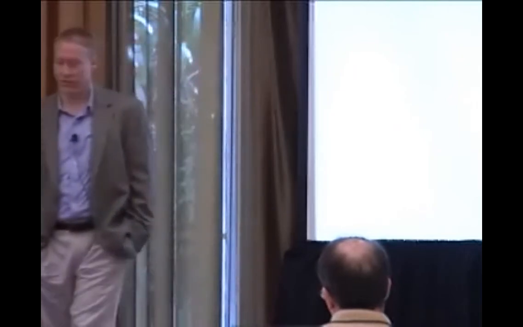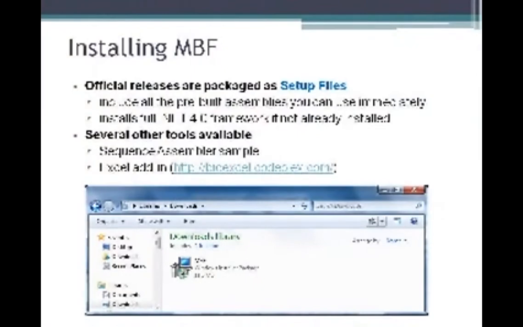The actual MBF toolkit itself is licensed under the MSPL license. If you're interested in the particular legal details of that, you can read through all of the text. If you really don't care, all you really need to know is you are free to use it in any commercial or public application. All right, so it can be a private application, it can be academia, it can be a commercial application that you intend to sell. There are no restrictions for your usage of the toolkit itself. It is fully redistributable with your application. All right, but again, you can read the legalese if you are interested in all the minutiae about that.